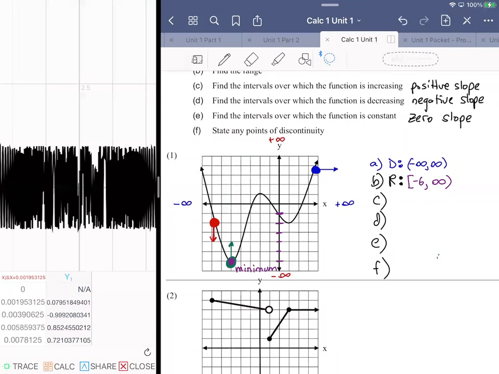Going from this location and then increasing until we get to the highest point on that interval, all of these points would be part of the graph that's increasing. All right. So we would just state the x values for which the graph has a positive slope. All right. So that's going from